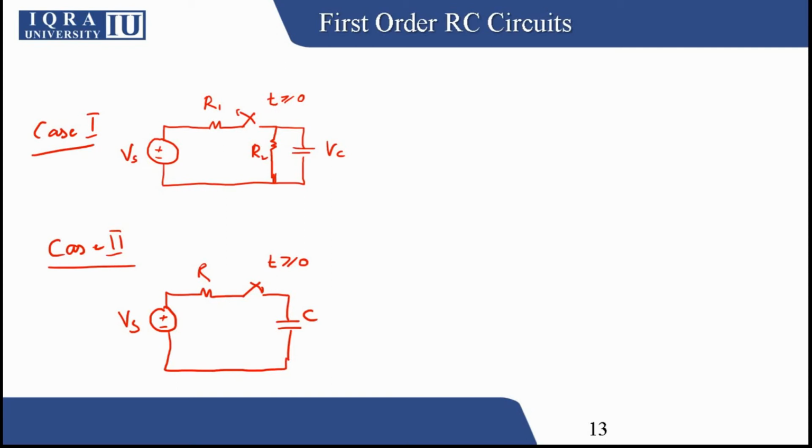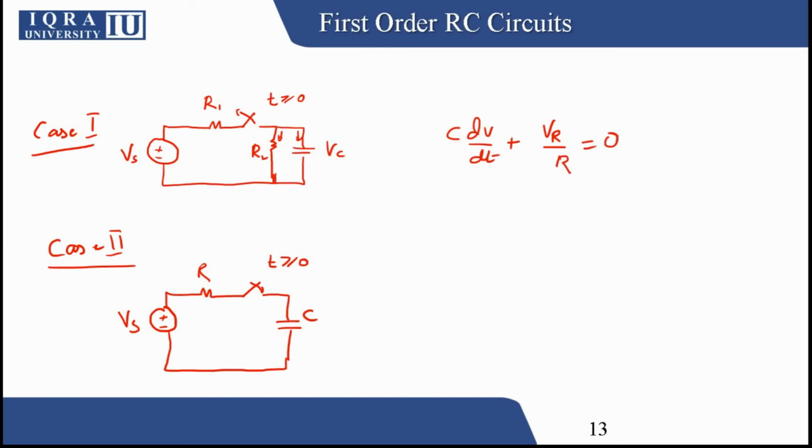As we can see, this is the current moving outward, so we can have the equation C dV by dt. This is the capacitor current,